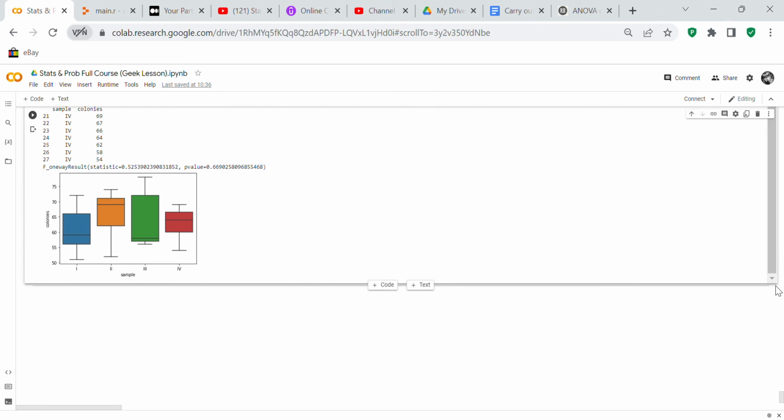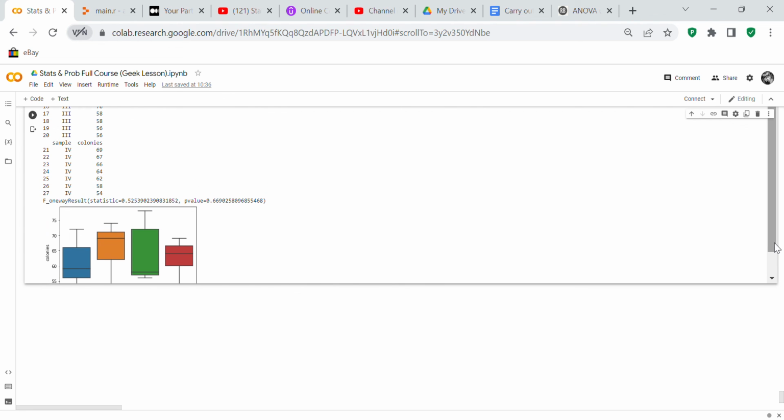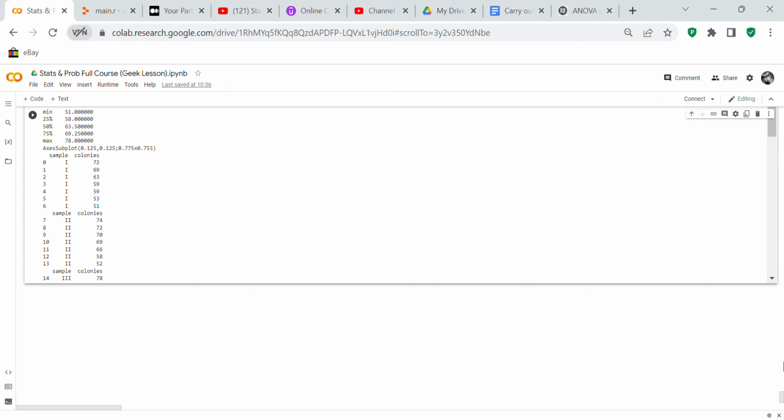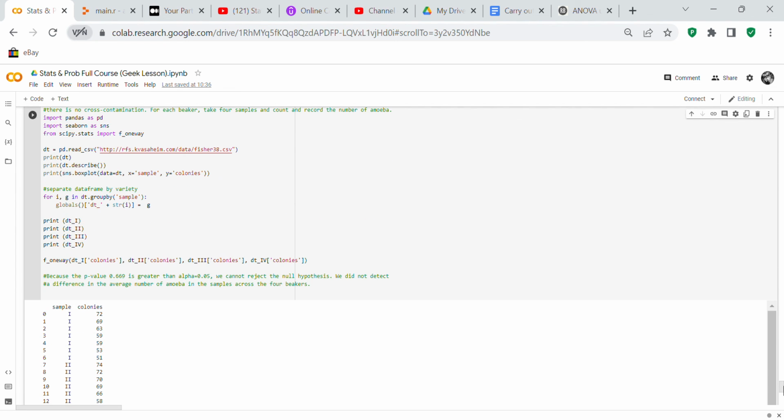So you can see that the box plot that we created, the boxes are similar. They're not identical, but they're similar. And so that gave you an F value of 0.52 and a P value of 0.669. So because you had your p-value of 0.669, which is greater than alpha of 0.05, we can accept the null hypothesis. We did not detect a difference in the average number of amoeba in the samples across the 4